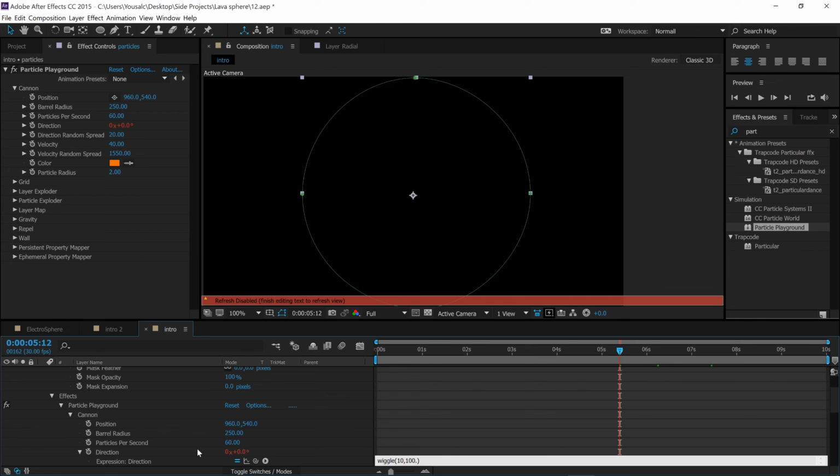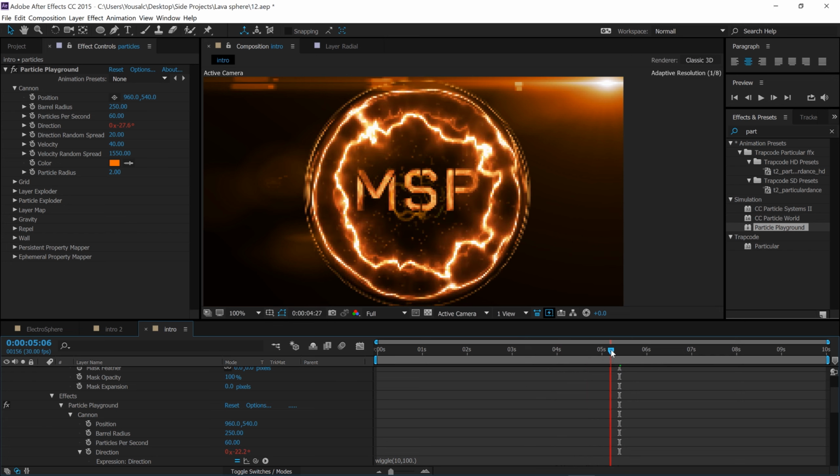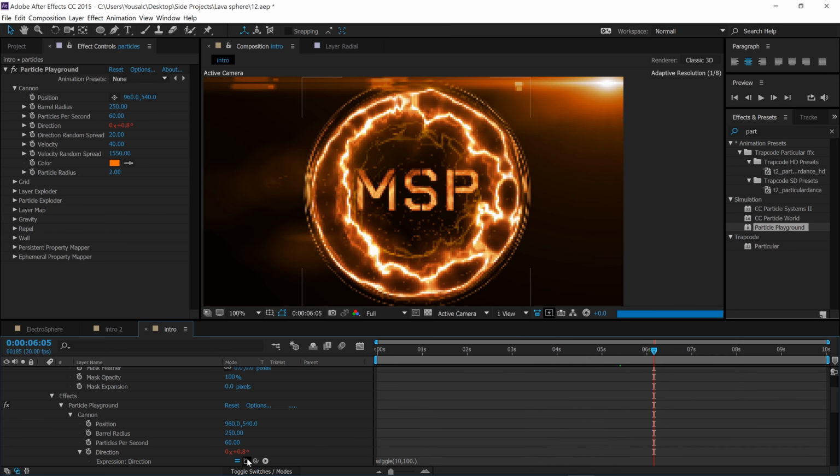Now, instead of putting keyframes on our direction so it can move and stuff, we put a wiggle. And what a wiggle does, it just gives random numbers to 100. So it won't go past 100. It's going to give it like 50, 35, 36, 37, like that. And it looks pretty cool. As you can see, it's just giving us random numbers right here. Anyways,